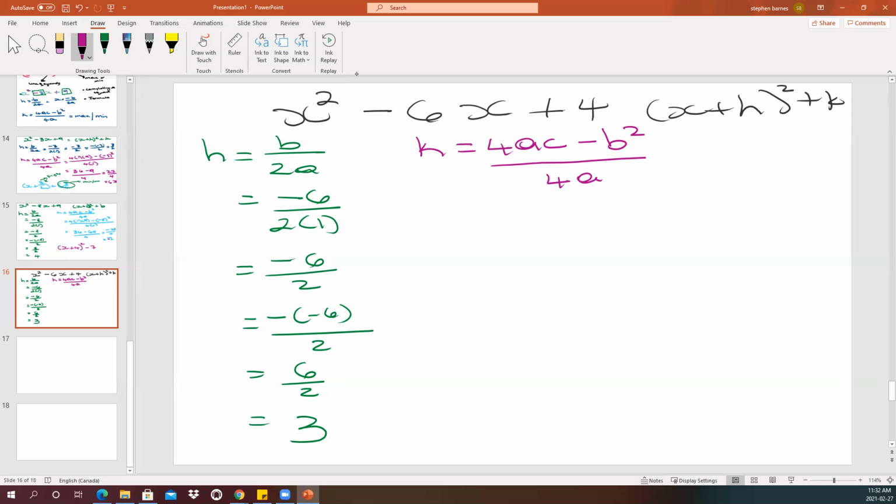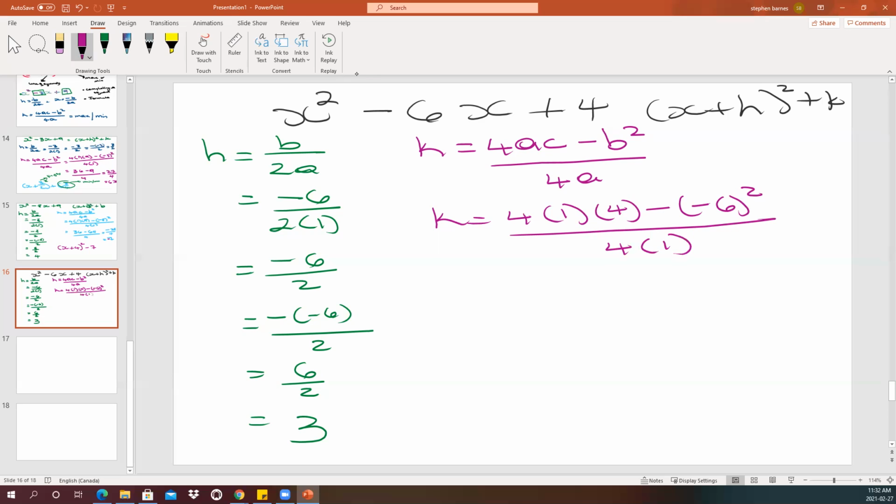And then we're going to do k equals 4 times a, which is 1, c is 4, minus b squared, where b is -6 squared, all over 4 times a, which is 1. 4 times 1 is 4. 4 times 4 is 16 minus